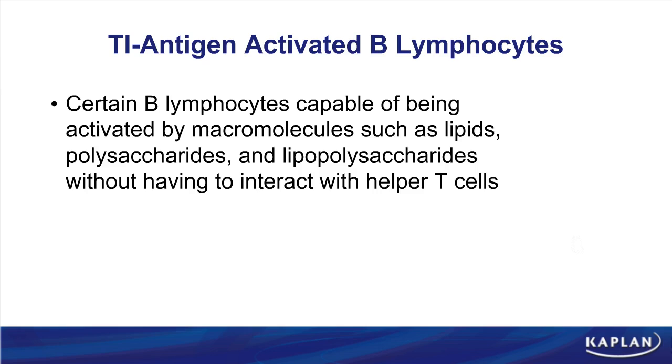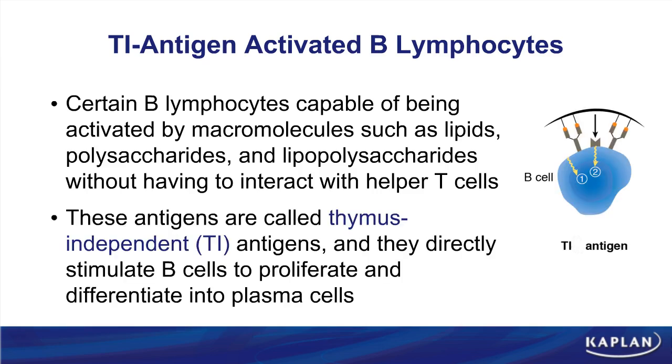These T-cell or thymus-independent antigens, as we mentioned before, directly stimulate B cells to proliferate and differentiate into, and here's the important part, IgM secreting plasma cells. This is going to be an important concept, not necessarily just when we're talking about T-cell independent antigens, but thinking about